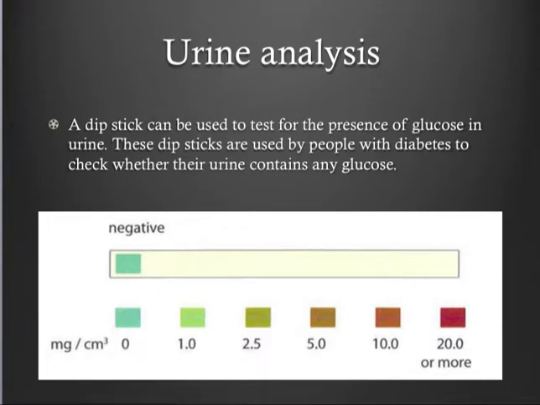It's much easier to collect a urine sample from someone than a blood sample. Simple tests on urine can give early indications of health problems. The presence of glucose and ketones in urine can indicate that a person may have diabetes. If blood glucose concentration increases above a certain value, known as the renal threshold, not all of the glucose